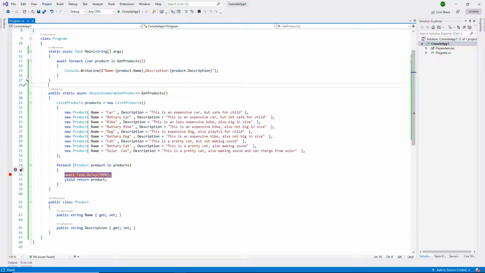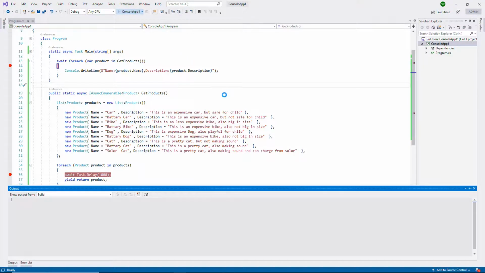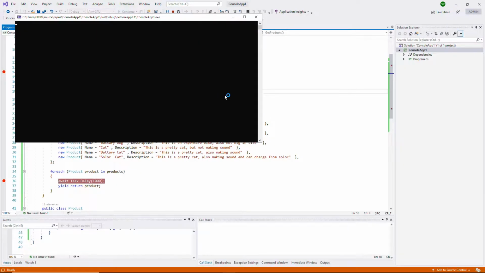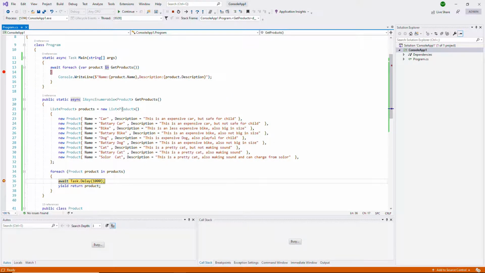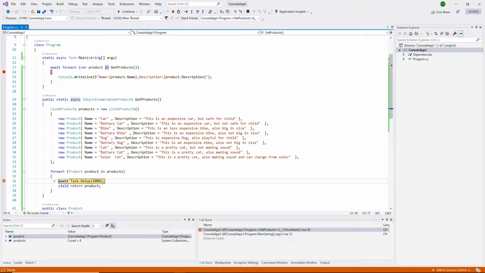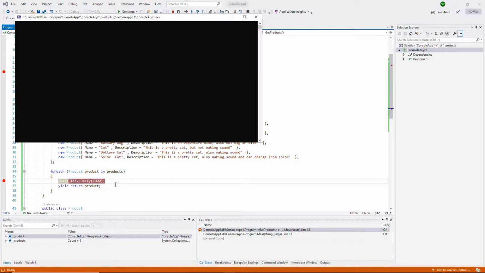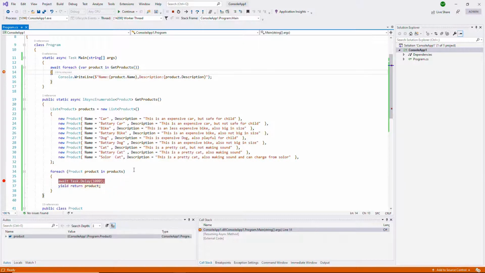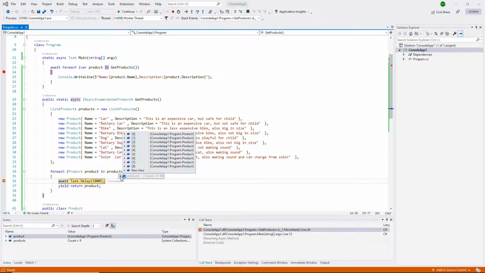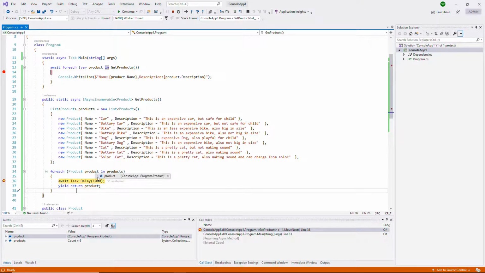Let me put some breakpoints to understand how code is flowing. So first it will go to GetProducts. Here there would be a delay of 1 second. Then the first product from the list would get transmitted to the main function and it will get printed in the console.